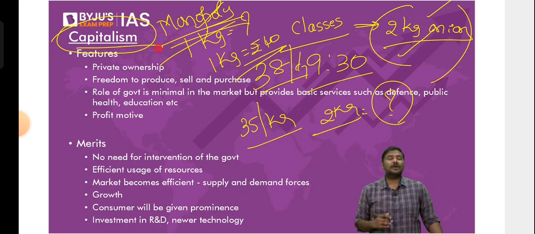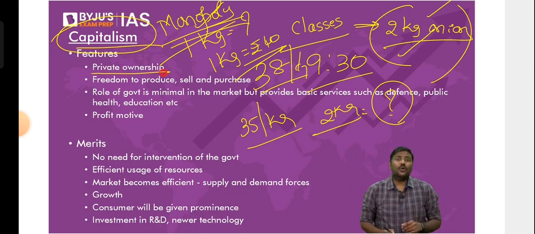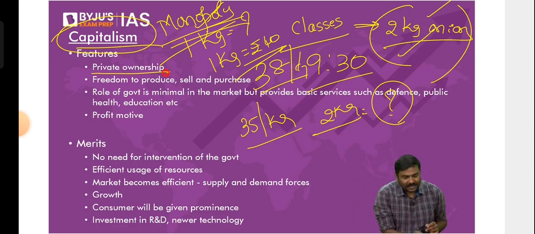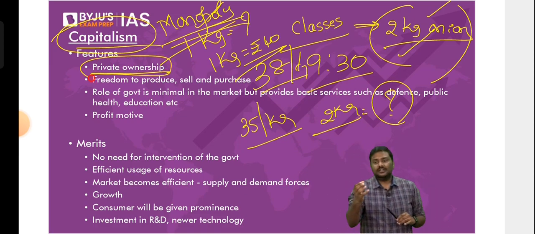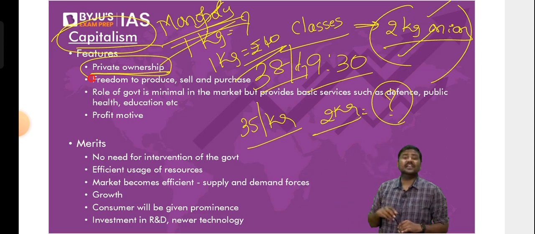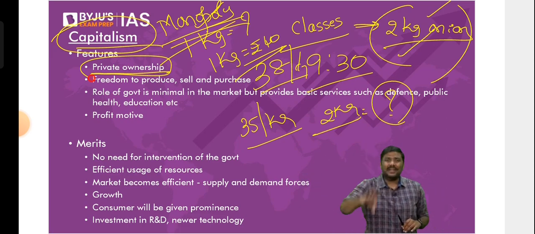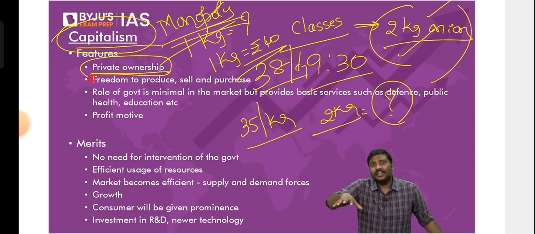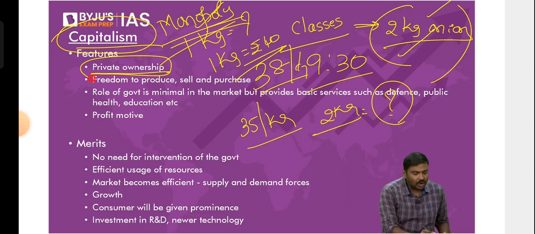This model of capitalism was proposed by Mr. Adam Smith. What are the features of capitalism? There will be private ownership of factors of production. I repeat the statement: in case of capitalism, there will be private ownership of factors of production. That is, the investment is done by the private sector. The entrepreneurship is from the private sector. The capital, that is, the machineries, are purchased by the private sector. Employment is done by the private sector. So whenever in an economy or a country, the private sector does all of it and the government doesn't, we call this economy a capitalistic economy.